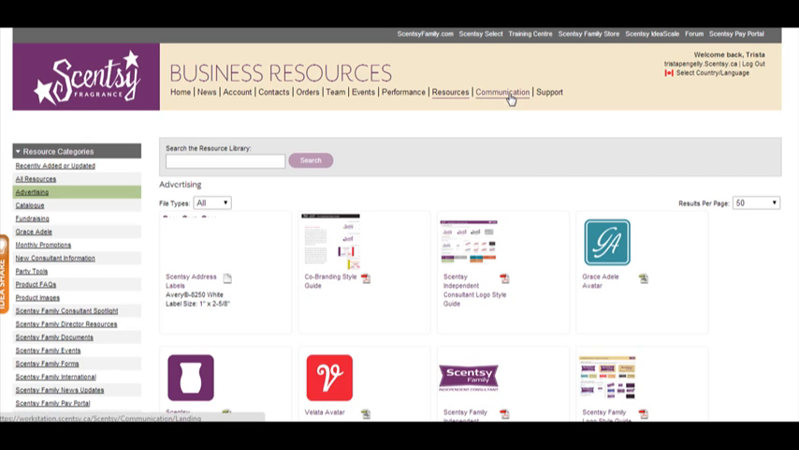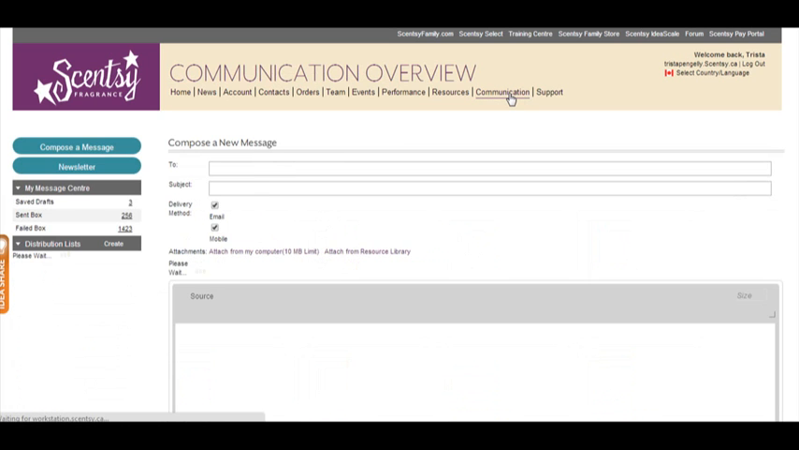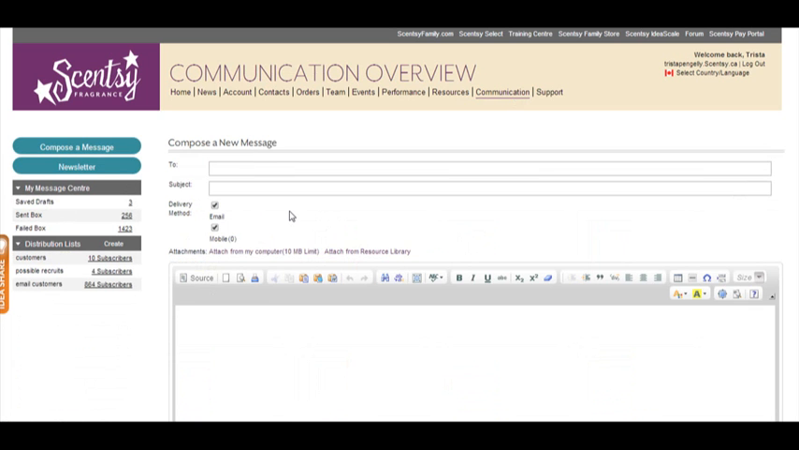Also, I want to show you really quickly the communication tab. So when you start building your team, this is where you're going to go to send an email to your team members or even to a customer. But one thing that a lot of people don't realize is that there's a newsletter link right here. So if you click on the newsletter link,